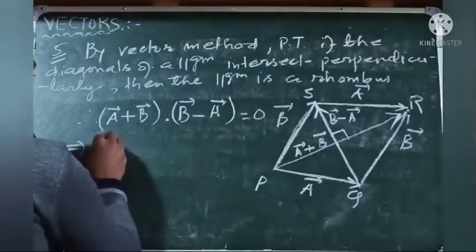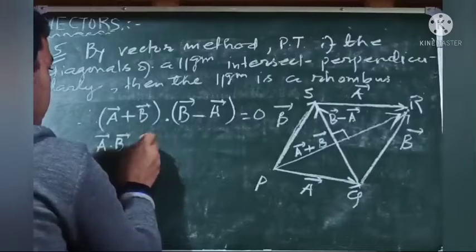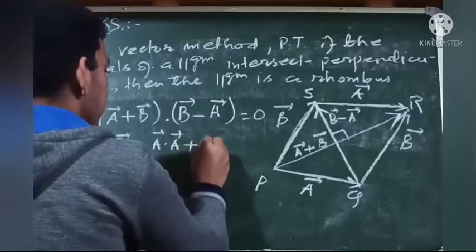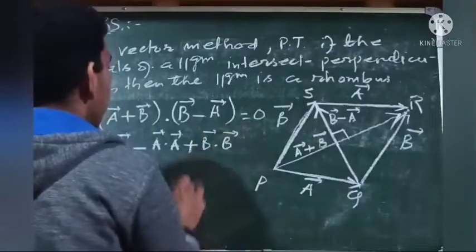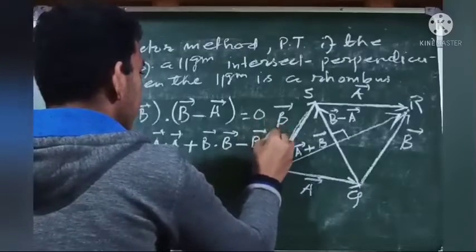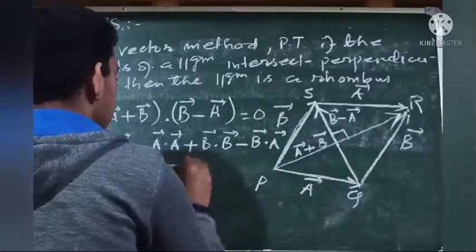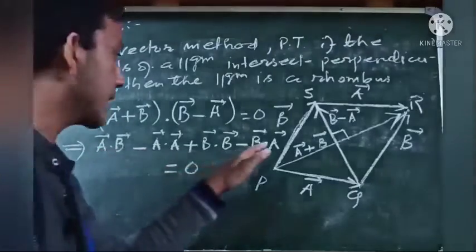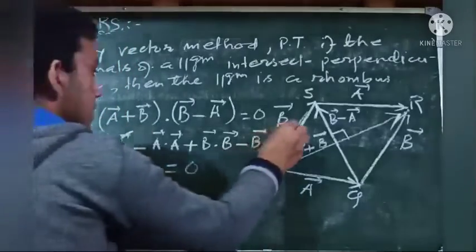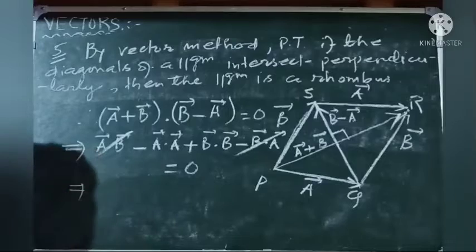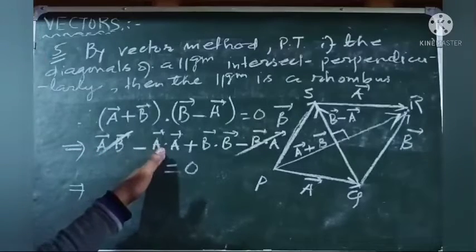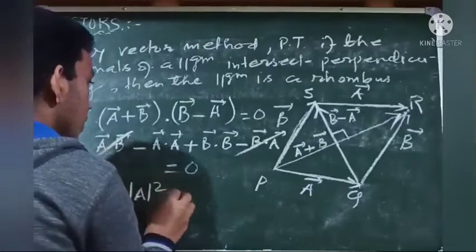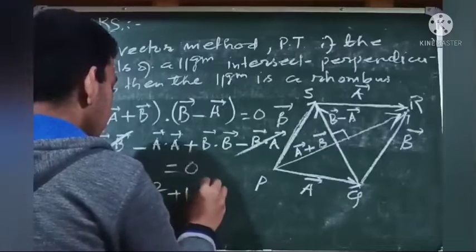A vector dot B vector minus A vector dot A vector plus B vector dot B vector minus B vector dot A vector is equal to 0. Now we have learned that dot product is commutative, therefore A vector dot B vector is same as B vector dot A vector, therefore these two terms get cancelled. And we have also learned that A vector dot A vector is basically magnitude of A vector whole square. Therefore we are getting minus of magnitude of A whole square plus magnitude of B whole square